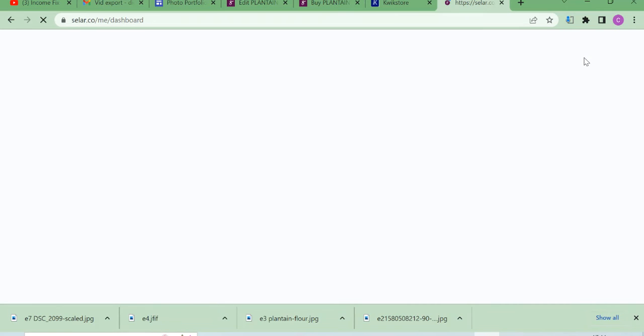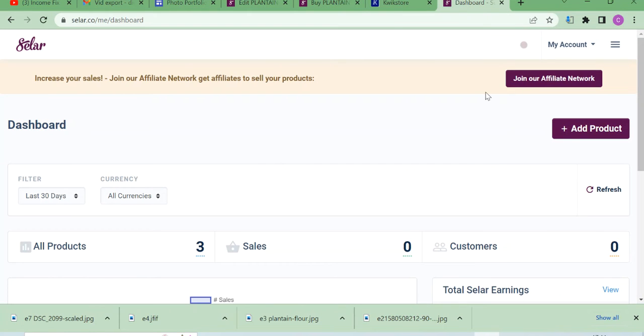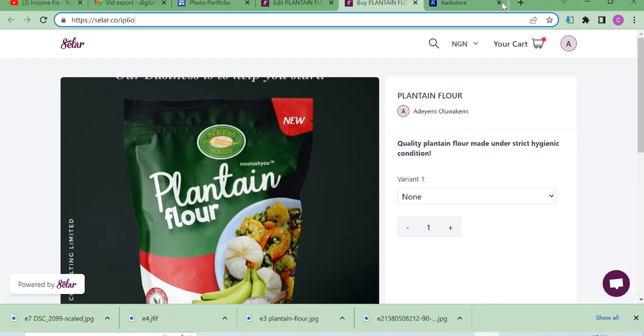But because I already have an account, you can see it's going to the dashboard, and that's not what I want. That's not what I want. It's going to the dashboard. But